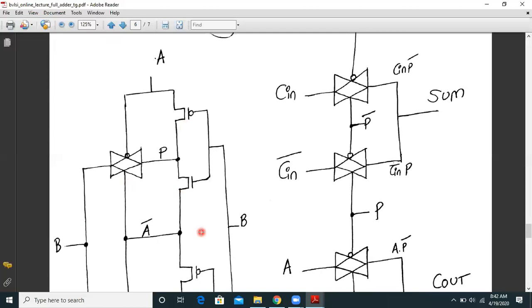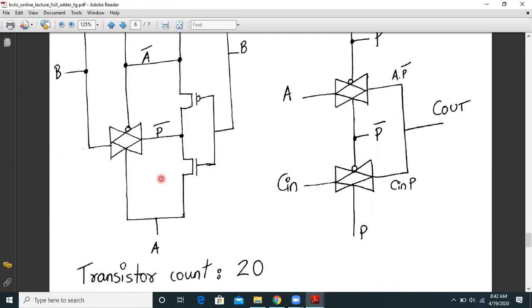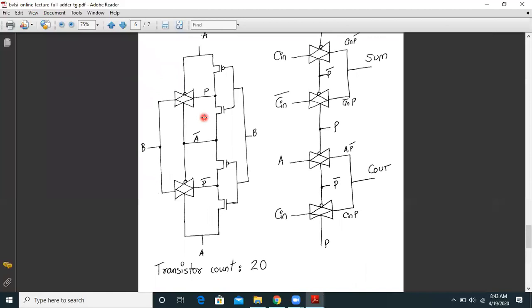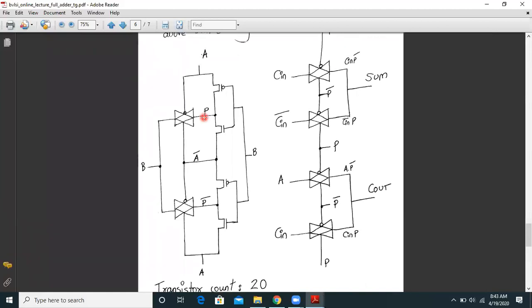transmission gate. We have seen earlier, we have input as B, A bar, and here also B. Output is P, and here this is A. So this is nothing but implementing XOR. And the circuit below, with A bar and A interchanged, will implement the XNOR gate. So basically this output will be P bar. Just now we have implemented this. So the logic block, the transistor level implementation, the circuit to your left hand side, is nothing but generating XOR and XNOR functionalities. That is, it is generating P and P bar.